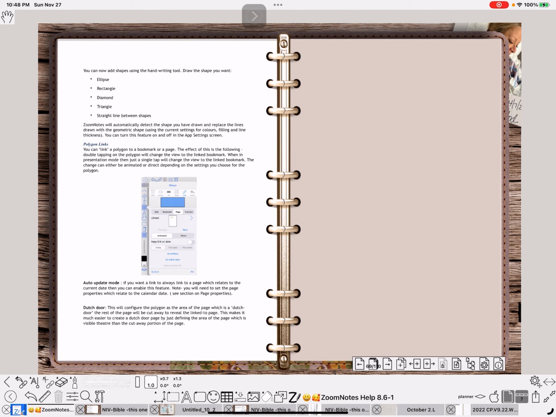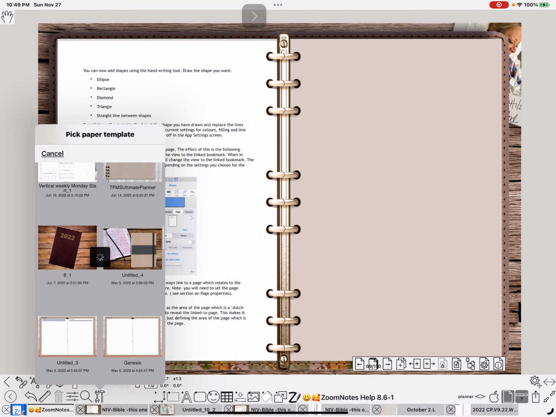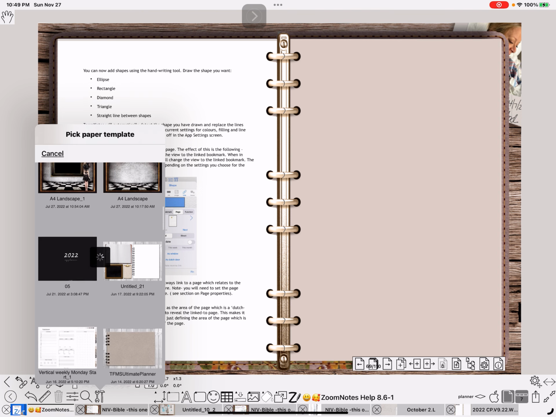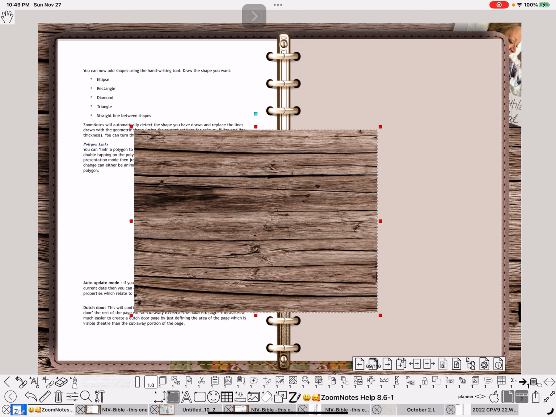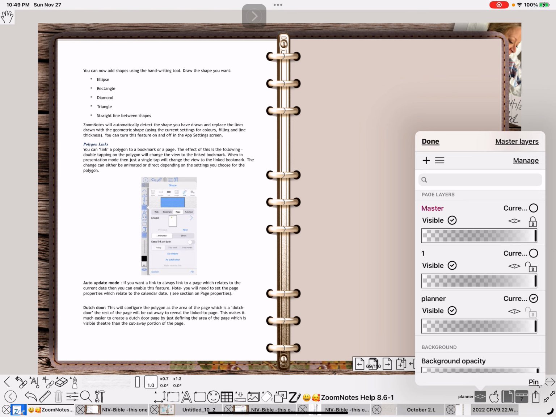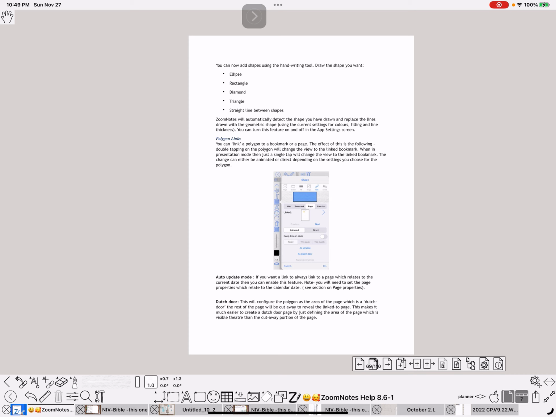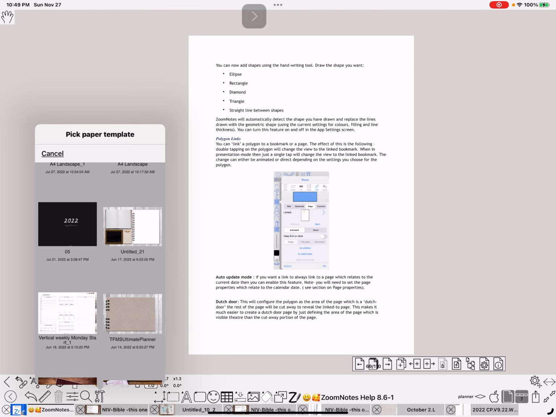So first of all, you need a picture that looks like a book open. And see, if I go to my tools down at the bottom and I go to paper template, this shows you a bunch of paper templates that I've got already, and I can choose any one of these. See, I could choose that, delete that. Let me hide this again and choose a different one. Open it back. Go to paper template, and if I choose this one,